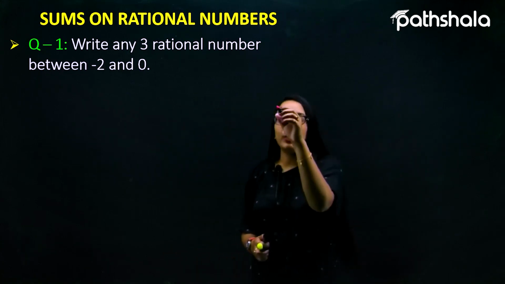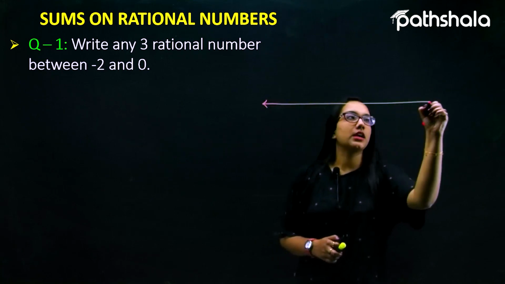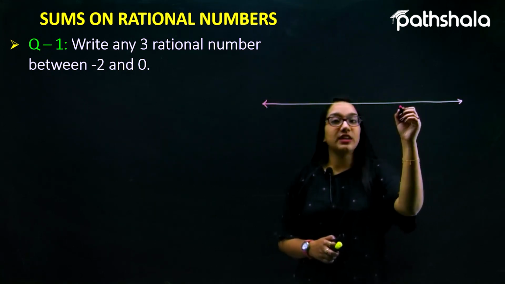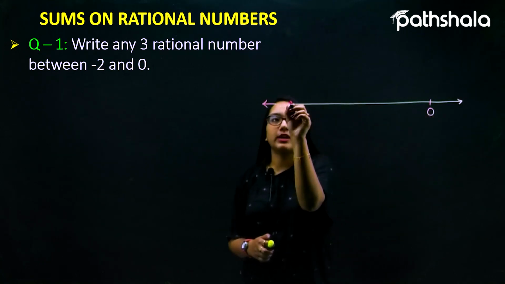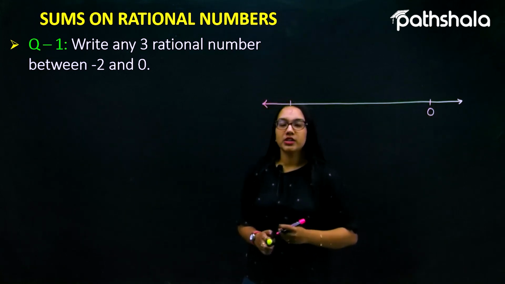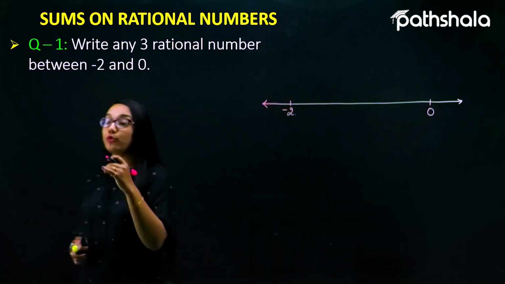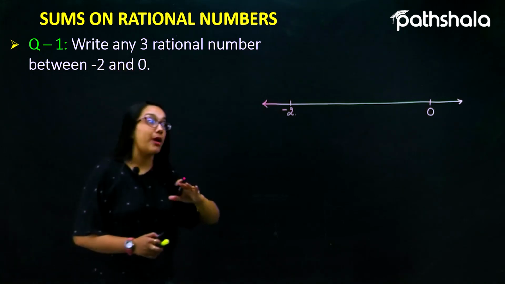First of all, we'll take the number line as this, and we will represent 0 and -2 over here. Okay, so let's start with it. First of all, we have to find out the three rational numbers between -2 and